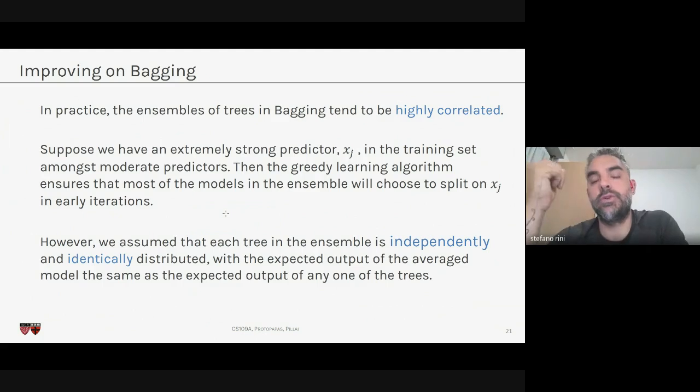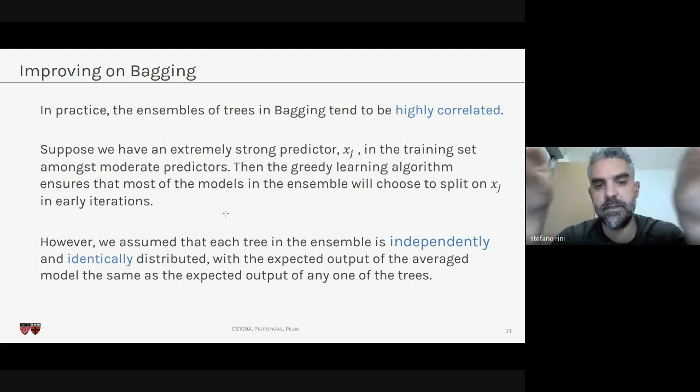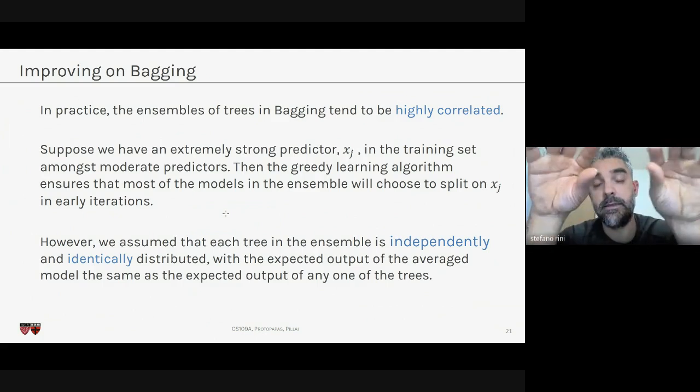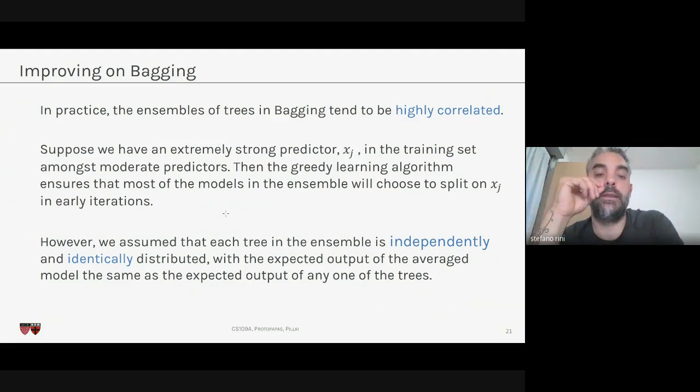So there's going to be a correlation between the predictors, because after the first split, the data is split equally among the 100 trees, right? So even if you have 100 trees, they all are similar because they all start by splitting the same variable. But for us, when we take the mean or the average of the prediction, in the back of our mind, we have assumed that the ensemble is independent and identically distributed. So we can take the prediction of each tree and equally evaluate the contribution of each tree because they all act independently.